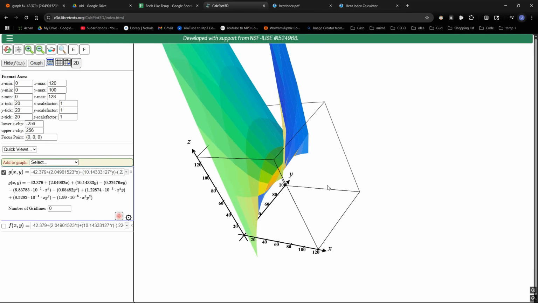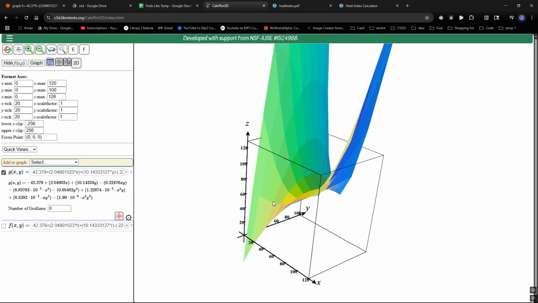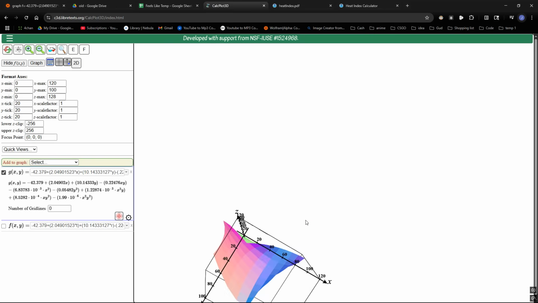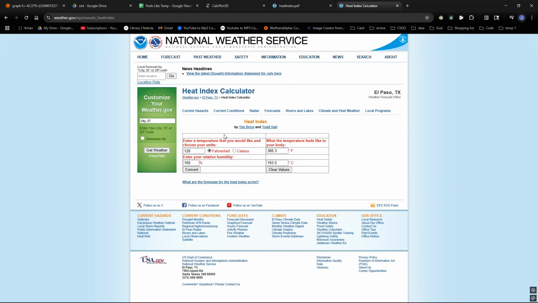So my idea was I was going to try and plot this and then convert the relative humidity so that I could enter in different absolute humidities and see if there's ever a spot where by increasing the temperature of an air, you could feel cooler. That was the idea behind it. However, given that I just don't believe that their equation is meaningful,